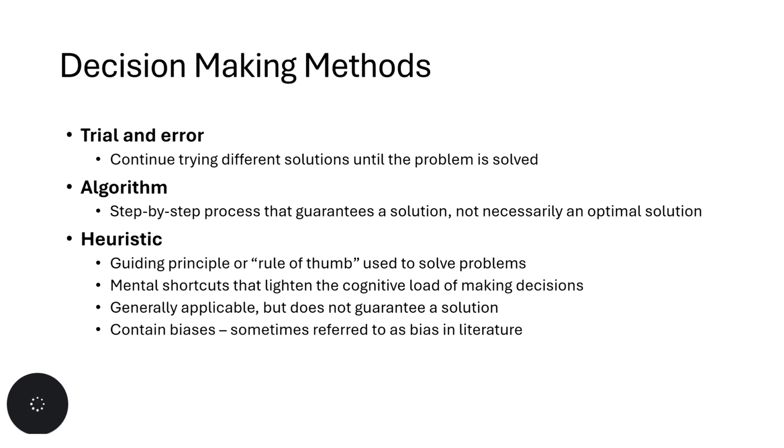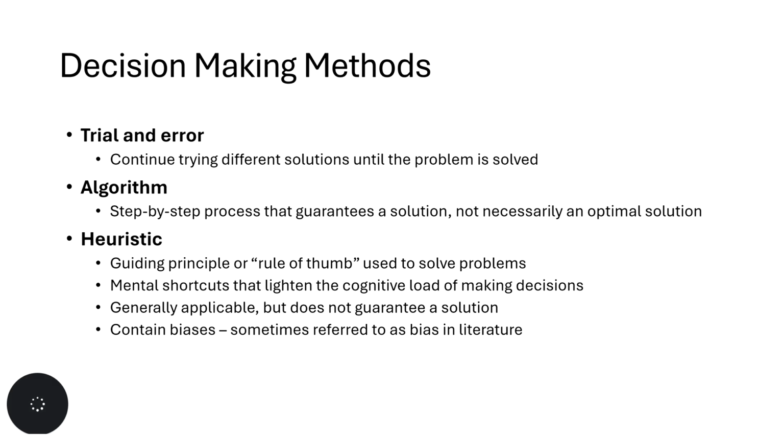So trial and error is also a way that some folks will make decisions. They will continue trying different solutions until the problem is solved. Algorithmic decision making is one where people deploy almost rule-based decision making. So they are executing some kind of process or procedure that guarantees a solution, but it's not necessarily an